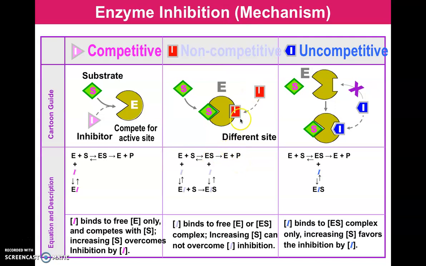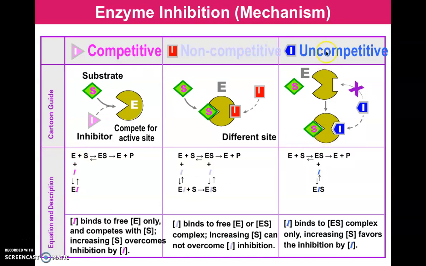But when you have this kind of inhibitor, which is non-competitive, the inhibitor will bind together with the enzyme, and this may not produce the product. So increasing S cannot overcome the inhibition, it will not have an effect when you increase S. Not like the competitive one before, where increasing S helps to decrease this part of the mechanism.